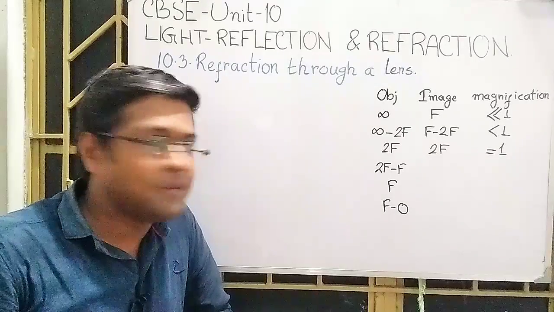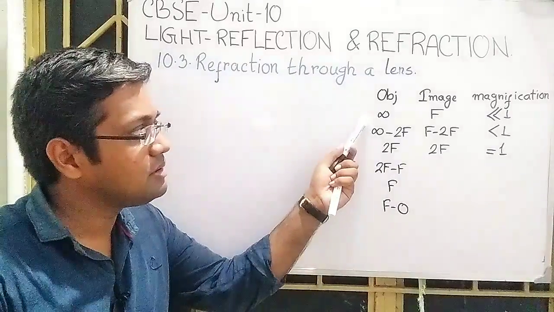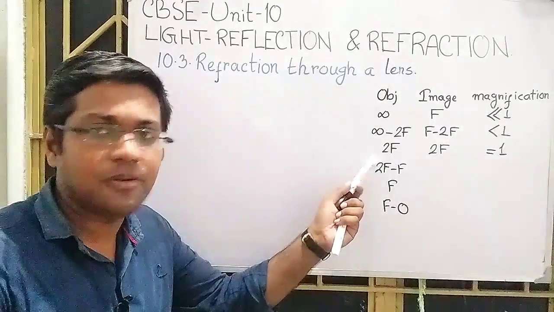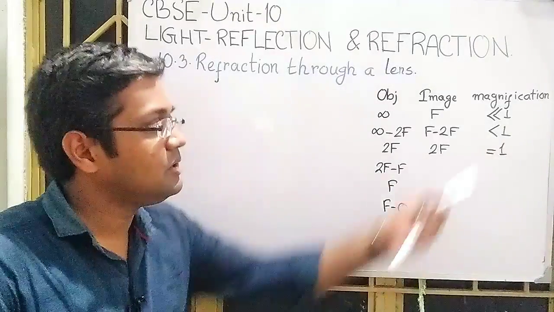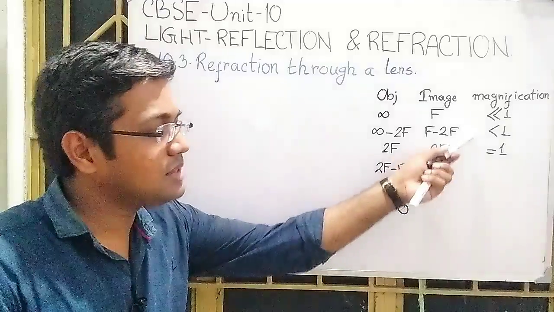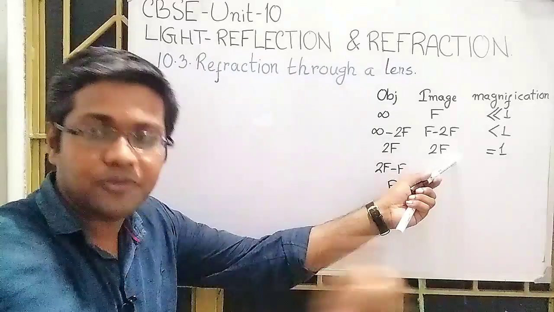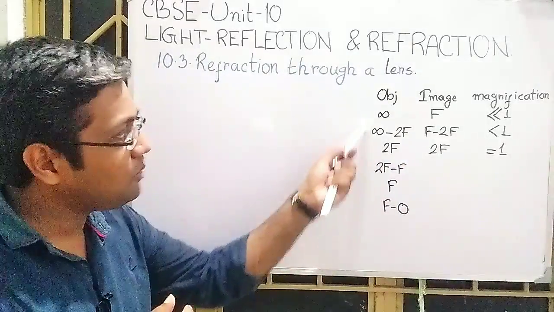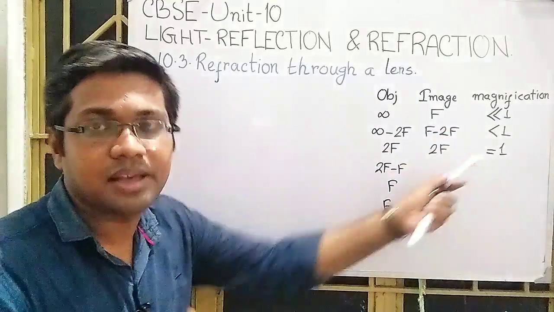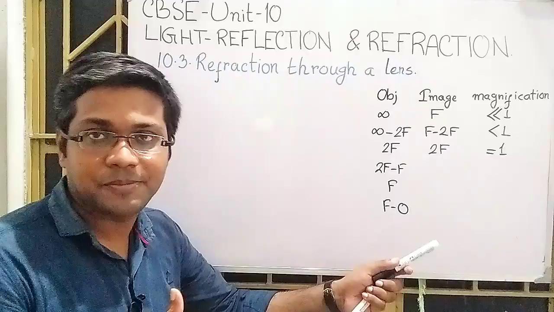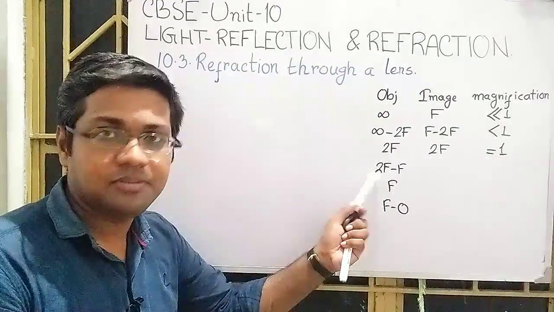In the previous lecture we obtained the image for the positions at infinity and at 2f, where we get the image and what the magnification is in those cases. So you have seen there is a pattern: the image is moving away from the lens, the object is coming towards the lens, and the size of the image is increasing step by step. So what is going to happen in this case, we are going to see now.